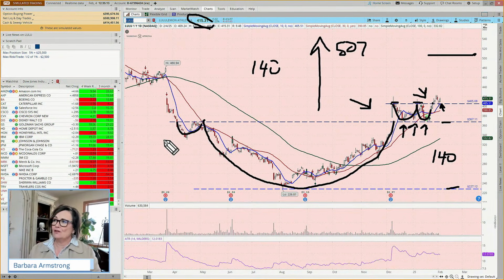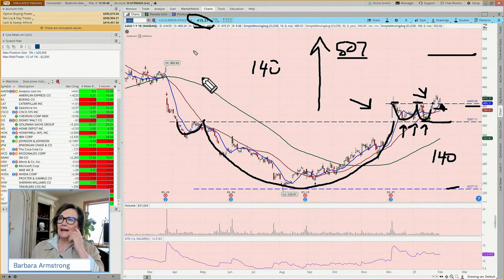If you had a smaller account, might you say, well, I don't know about owning shares? We could buy 50 shares of this and put in a target around this 507. So we could do that. And if we wanted to give it room to move, we could put our stop back below here, or we could put it 3% below this 405 line. So do you guys see what I'm seeing here?